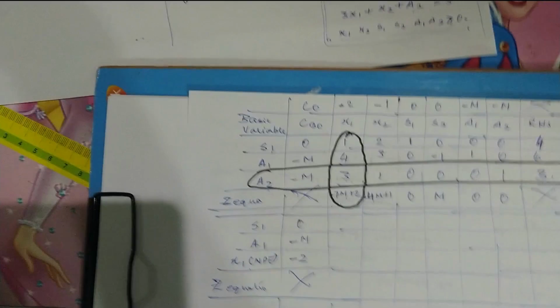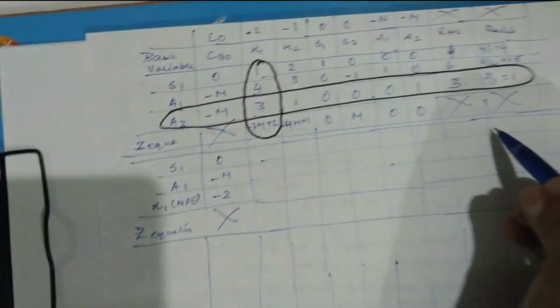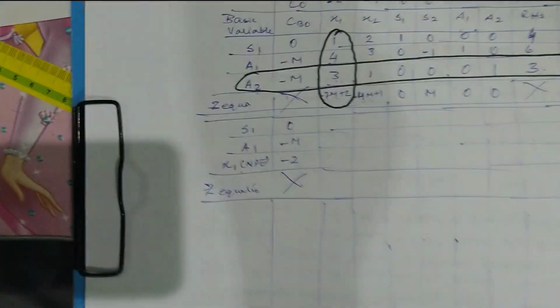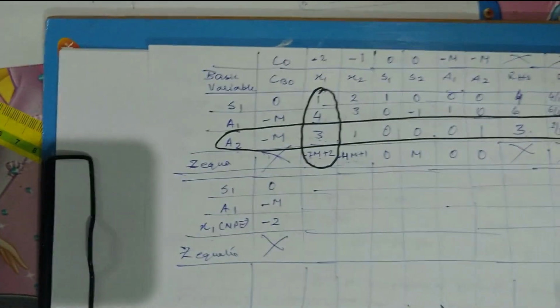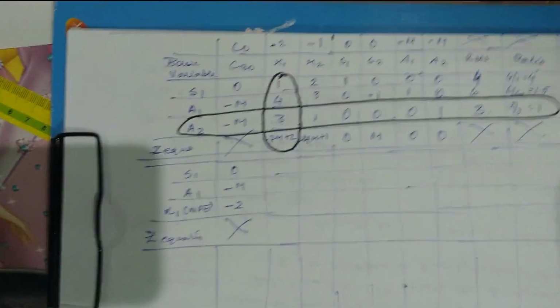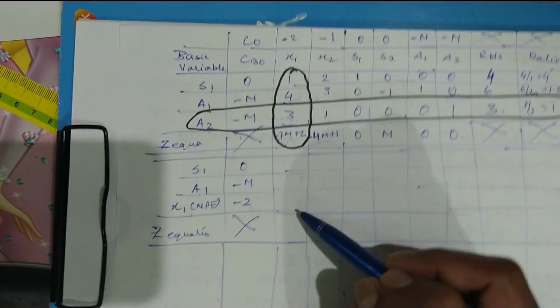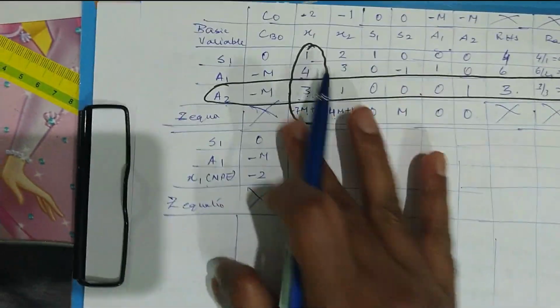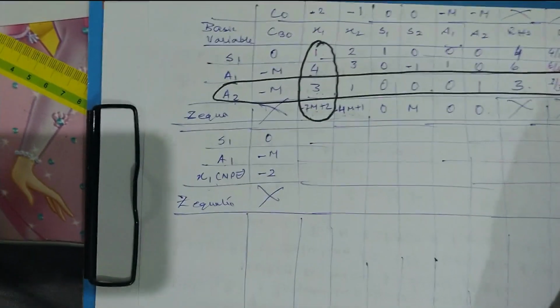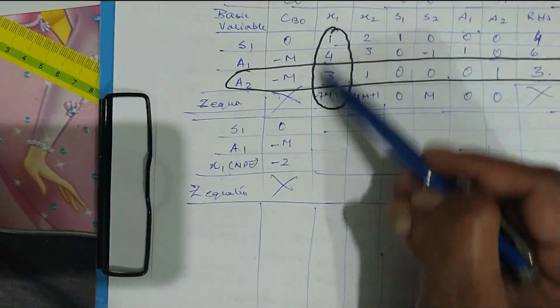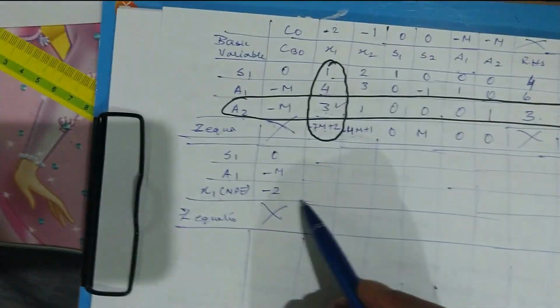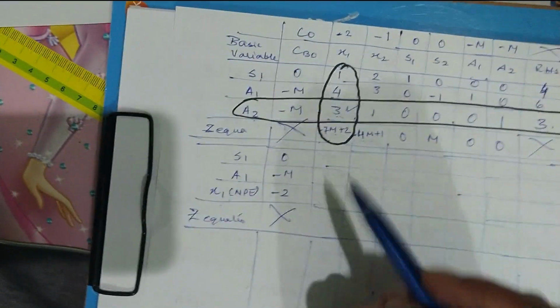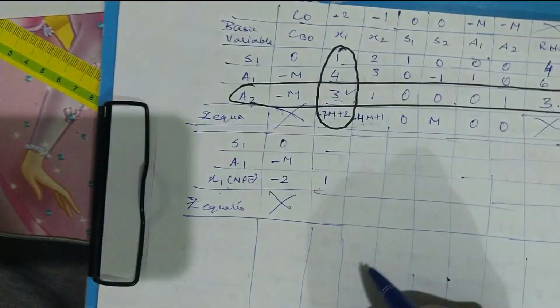Now among all of these cells that need to be filled with values, we first fill those values which are called the new pivot element values. New pivot element values are calculated as the old element in that particular position of the previous table divided by the key element. The key element is the element at the intersection of the entering column and the leaving row. So the key element is 3 here. The old element in this position was also 3. So 3 divided by 3 will give you 1.